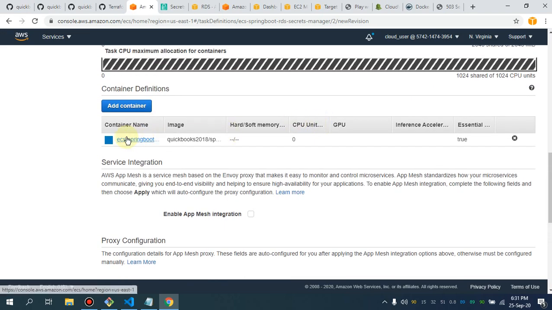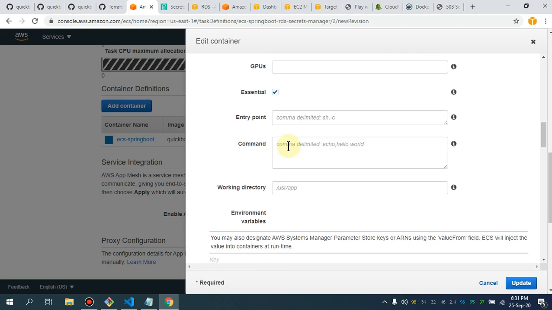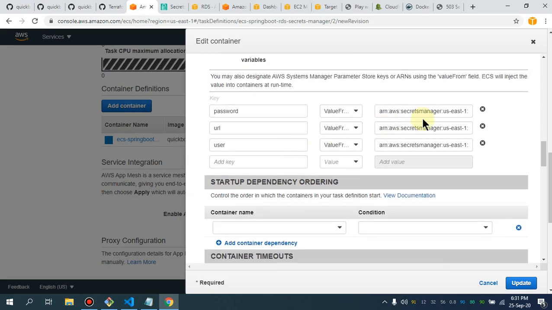So what I'm going to do is click on this container, and you see the password is up, you see different, and the total sequence is out. So there the sequence was the username. So what I'm going to do is update the user,